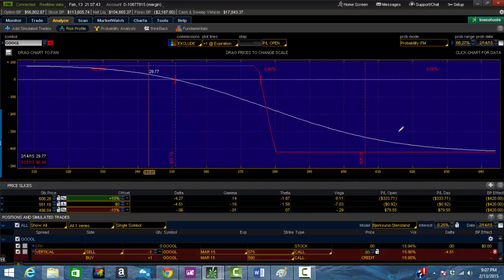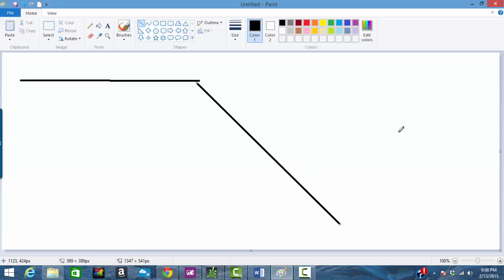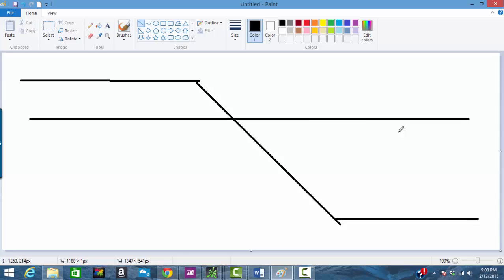Now what Christian is talking about here is pretty traditional. In this example, we have $80 potential profit. This is our profit here, and $420 potential risk. If you don't know how to manage credit spreads, that's a pretty tough deal to handle. All right, let me show you a theoretical risk graph over here in Paint. So we only have 80 profit